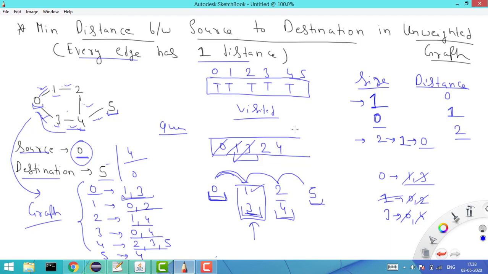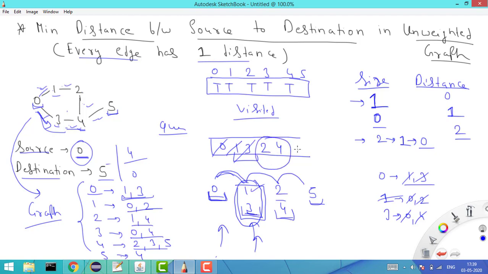Now at every moment, whenever I am checking any neighbor, I am checking if it is the destination, and if it is the destination, then at the same moment I will update the distance here, right? So now we are done with both the elements, and now my size is also 0. So we are done, and we have increased the distance. So if you see, that is why I have the distance from here to here and from here to here. Now I will check the next element in the queue.